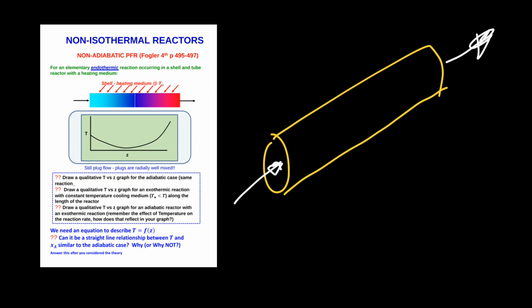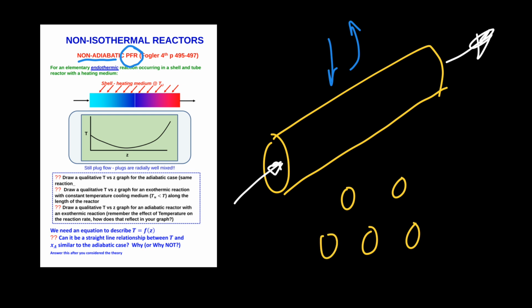So we often operate plug flow reactors or packed bed reactors non-adiabatically. In other words, we need a utility to heat or to cool the fluid as it passes through my reactor tubes. And often, if I have heat exchange, because I want lots of area, this is employed by having a